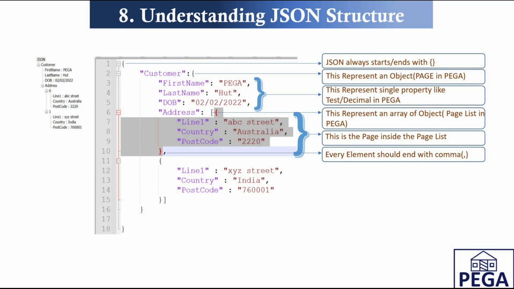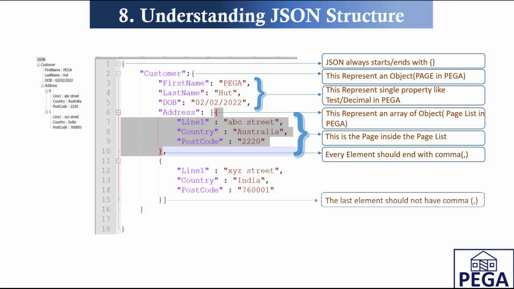Now remember another crucial thing. Every time you write, for example, if you notice over here, everywhere at the end I am ending that particular field with a comma. The first name equals pega ending with a comma, last name hut ending with a comma. Similarly, every time you finish an object or an individual element, it has to be followed by a comma,